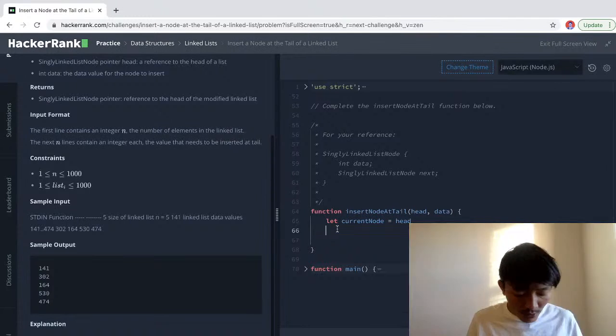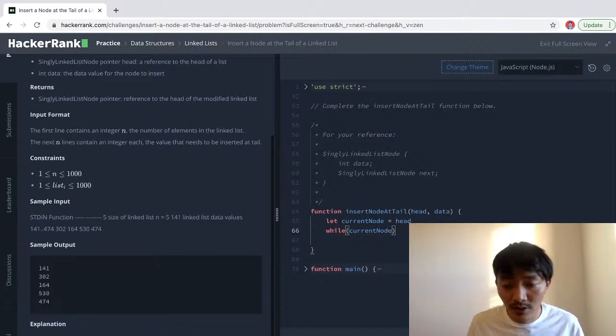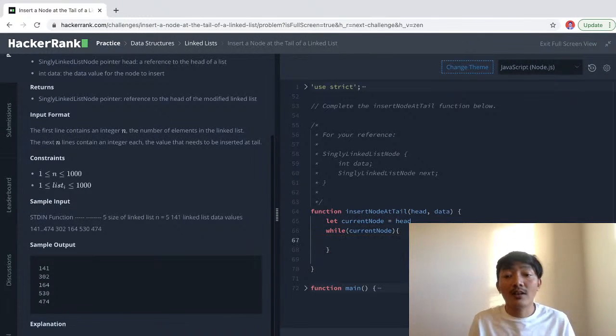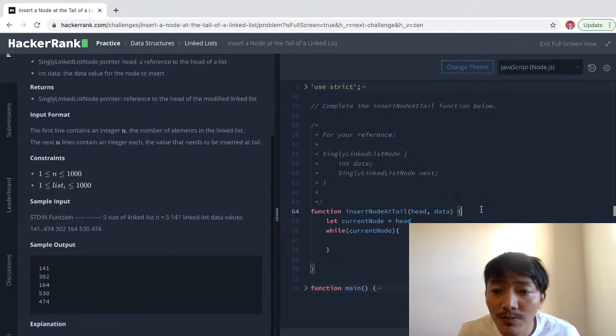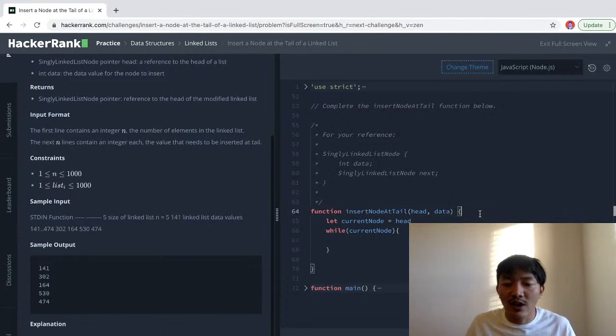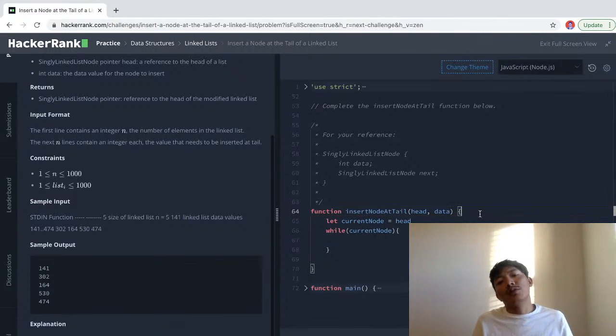Okay, while current node. Why is it always current line? Okay, while current node, what we need to do is add a node at the end of the head. What my thought process is, I want to traverse, iterate through